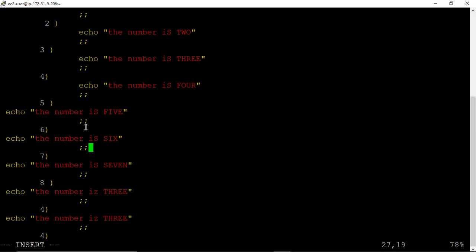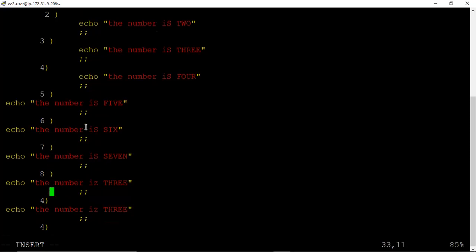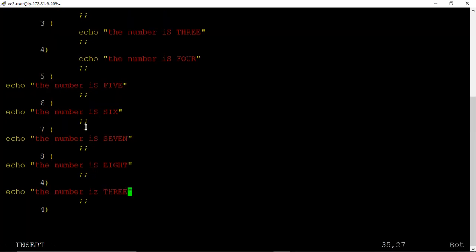And after the variable, we write a space. Space is not mandatory here. So the number is 7. Now 8. The number is 8. Then the number is 9.